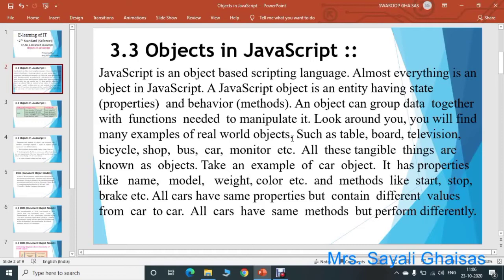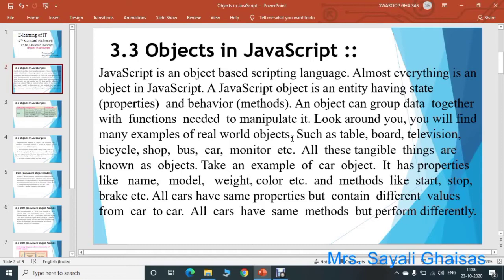So car is an object and properties can be like name, model, weight, and color, etc. Suppose we take an example of a car like BMW, then name will be BMW, model number will be the model number of that particular BMW, then weight, color. So these particular properties will get different values for different cars. But car is an object having properties like name, model, weight, color, etc.